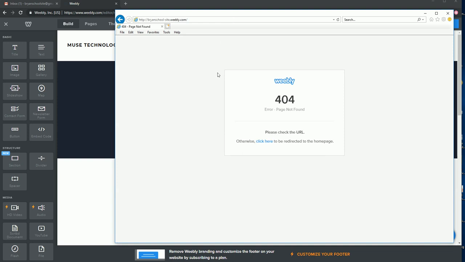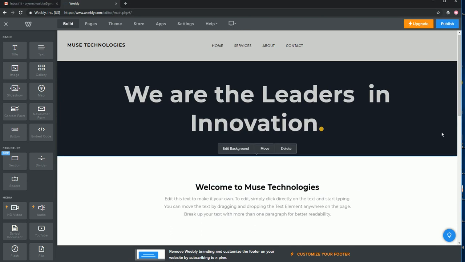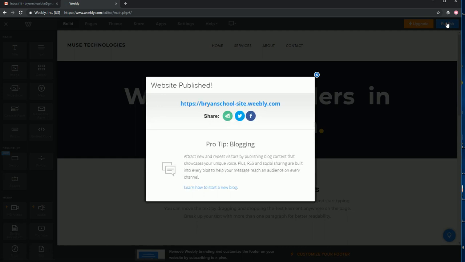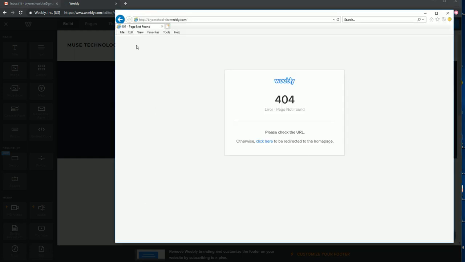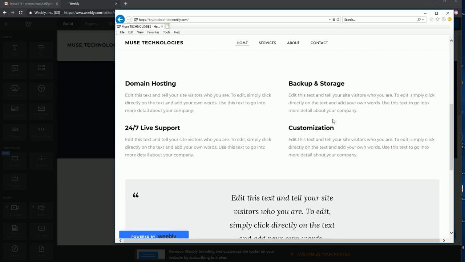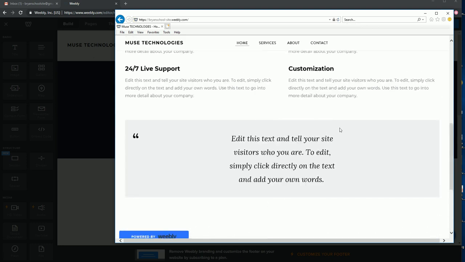It says it's not found. We'll have to figure that out. Maybe I haven't published it yet. Okay, I'm going to publish. Okay, there. Now it's there. So now if I go back into this browser and I try again. There. Okay, so it's important to keep going back to the browser, the external browser, just to see that all